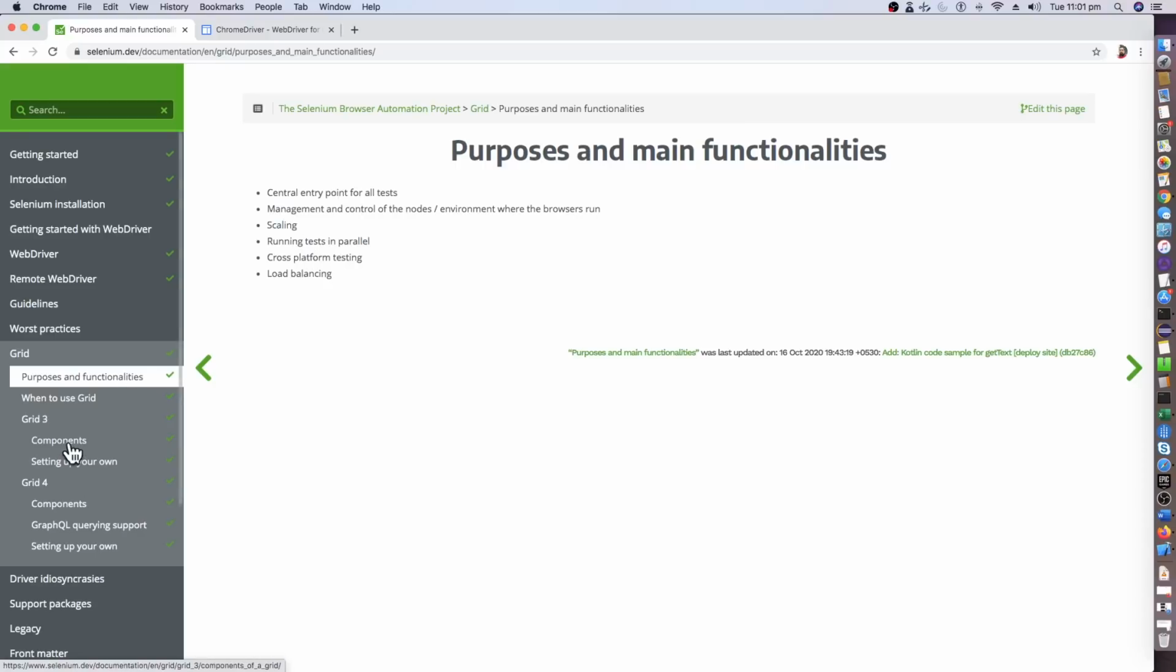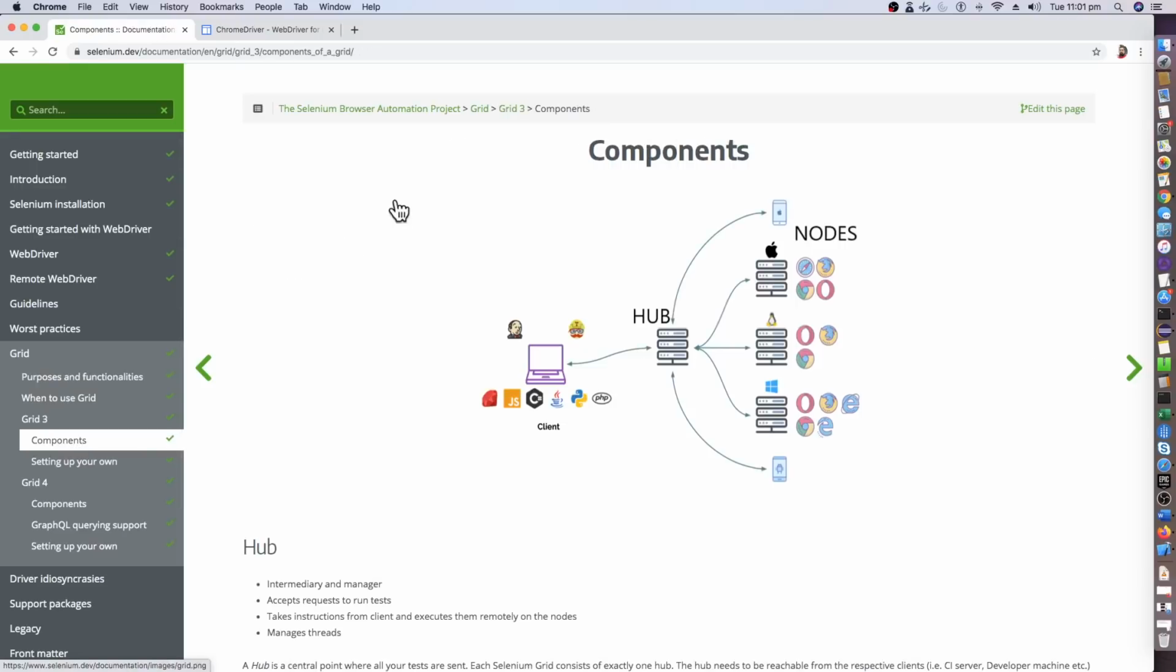So the components of the Selenium Grid concept is that we are having a client where basically all your tests are sitting. So you can use anything from Java, JavaScript, or C Sharp, any kind of test framework you want to run all your tests. So once your test is ready,